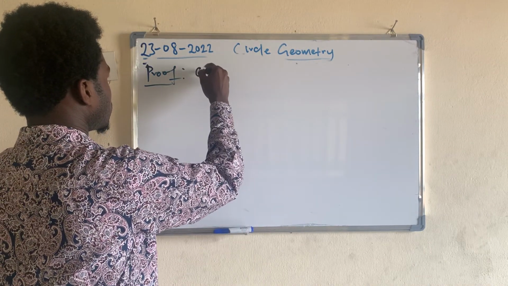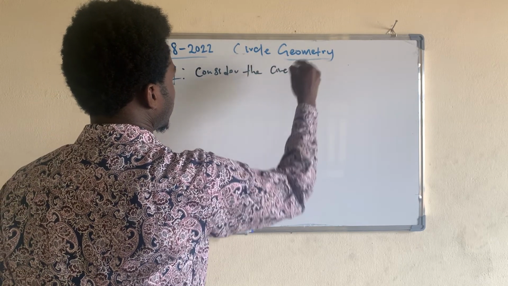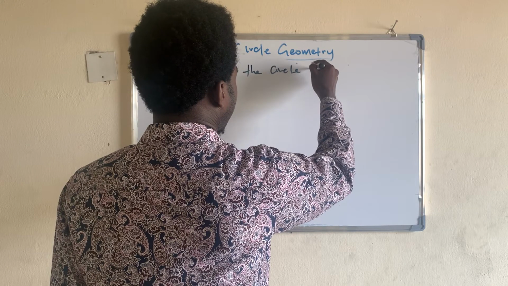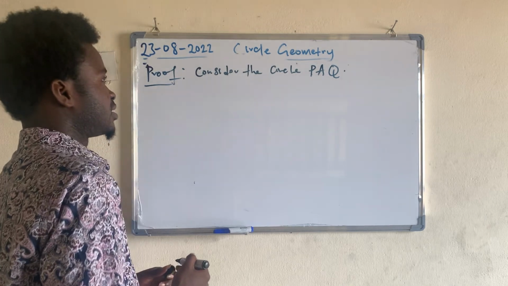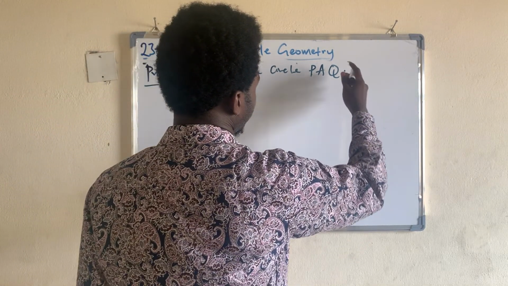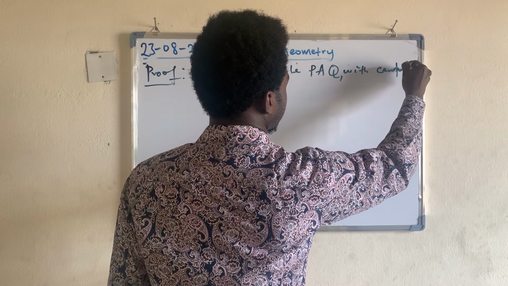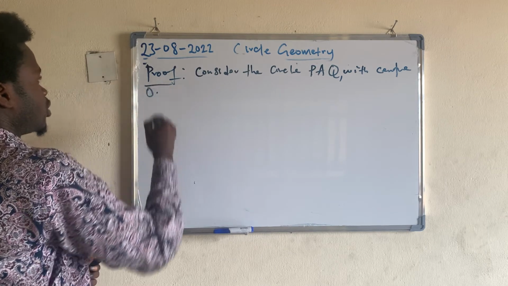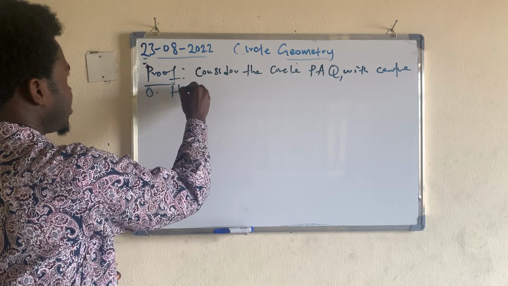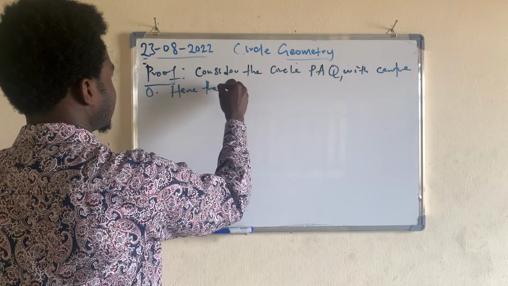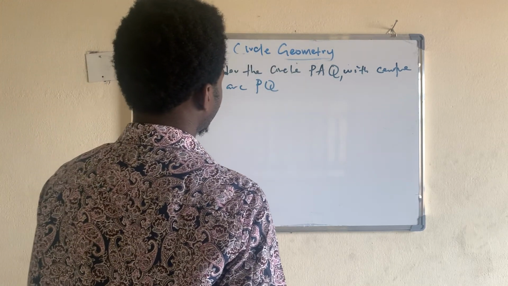Consider the circle PAQ, with let's say center O. Here the arc PQ